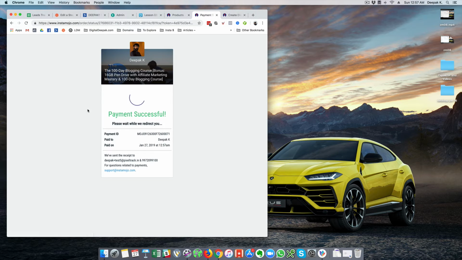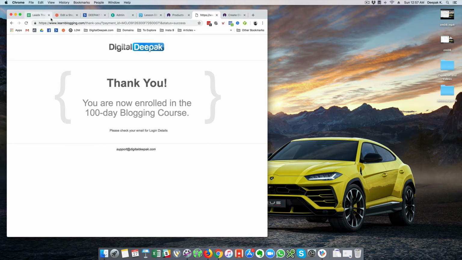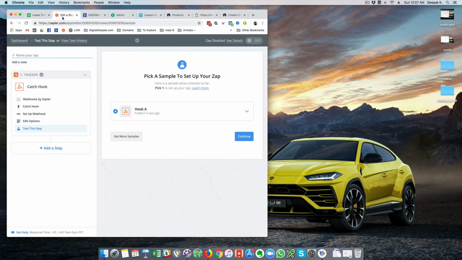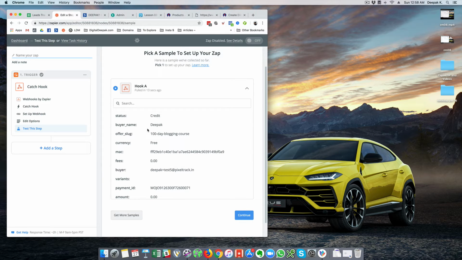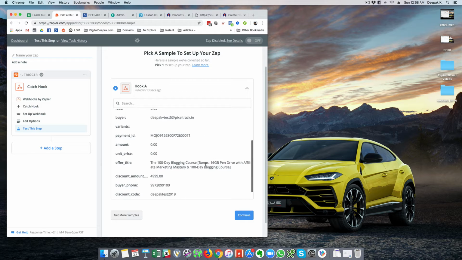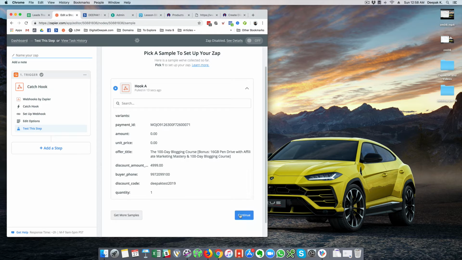So basically now the transaction is completed with 0 rupee transaction, and what is going to happen is that Zapier by now would have picked up the data. So let's go ahead and check this. So here you can see Zapier has picked up the data. Status credit, buyer name Deepak, offer slug, currency, everything has come here. So now I would go ahead and click on continue,